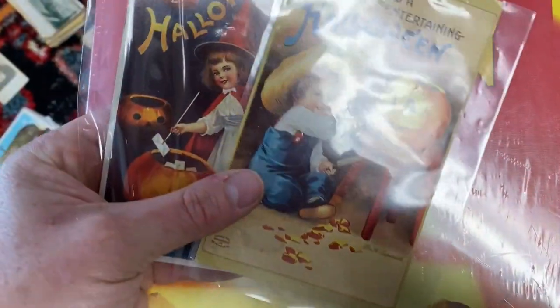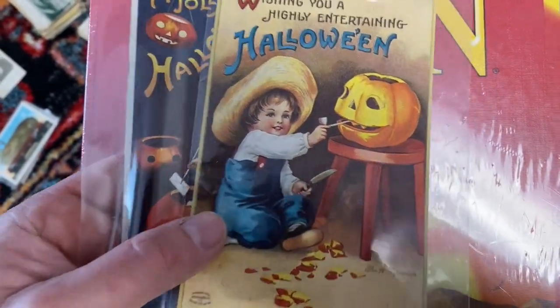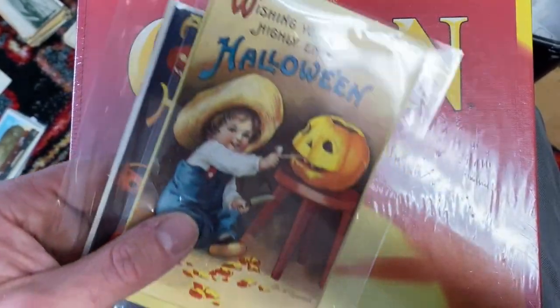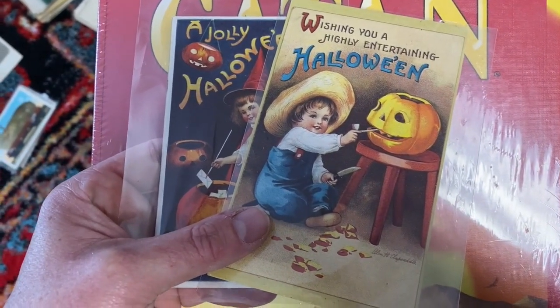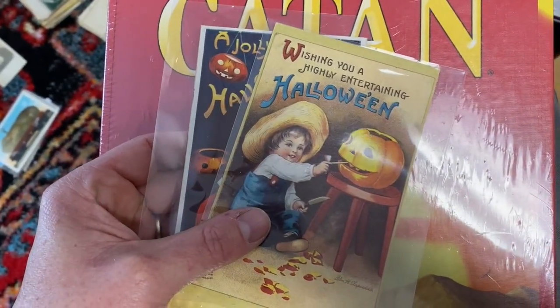actually reproductions. But if these were original, vintage, good condition Halloween postcards, these would most likely fetch more money than a brand new board game. This game, $30 to $40. These, they could fetch $20 or $30 a piece. I bet you could get as high as maybe $60 to $75 for a lot of 2 original Halloween Ellen